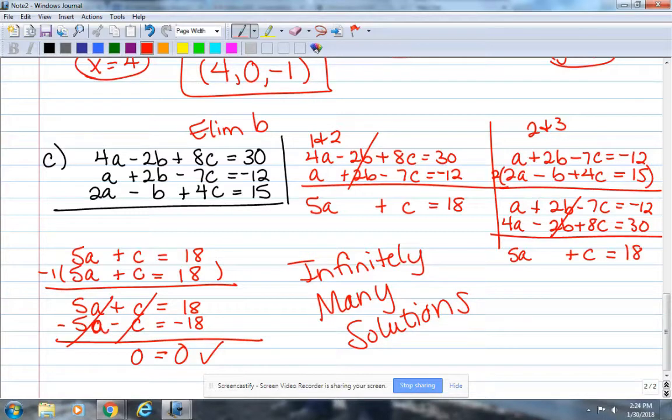So that's 3 examples that we did today. A regular one. We did one where they didn't give us one of the variables to start with. And then we did an infinitely many solutions. No solution works the same way except for it would be something like 0 equals